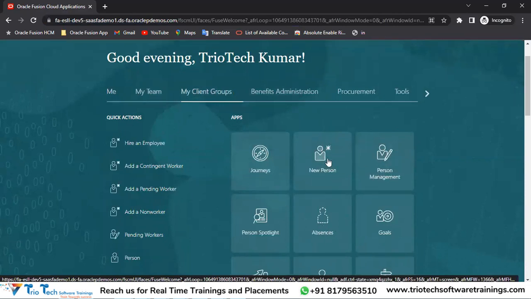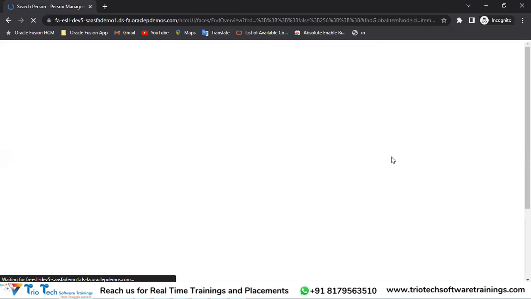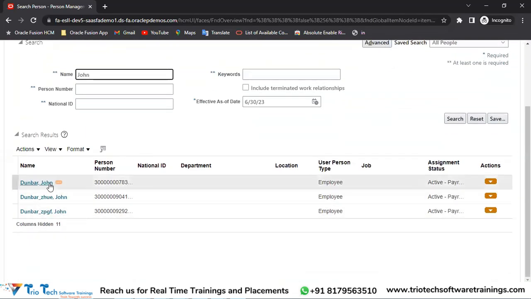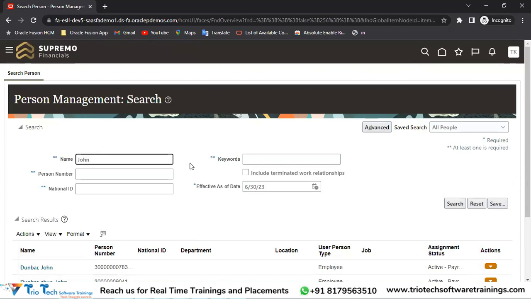Here they will hire the employees, and if they want to get into the details of any employee, they can go to Person Management. Basically, these are all end user transactions. And if they come and search for any employee, they are able to see the employee details here. Okay. Now,